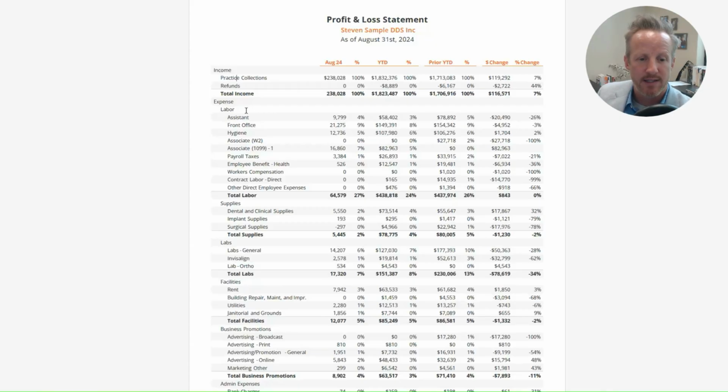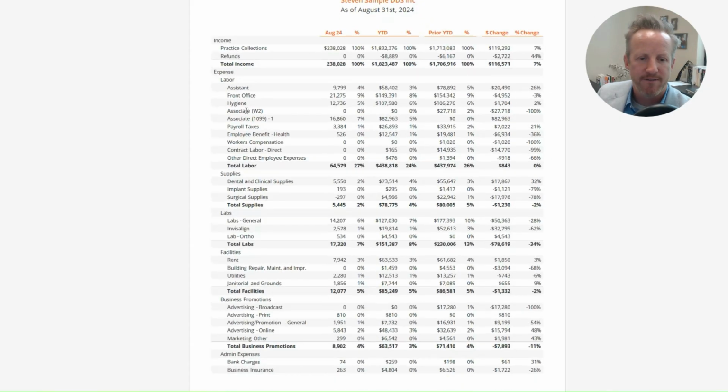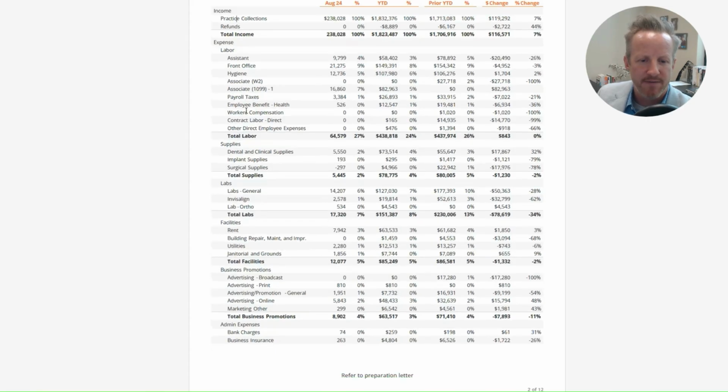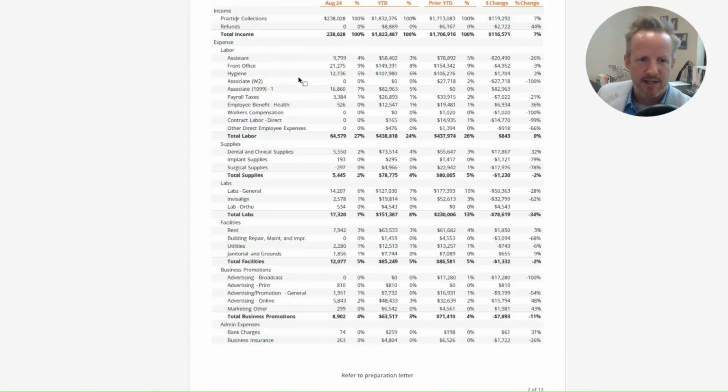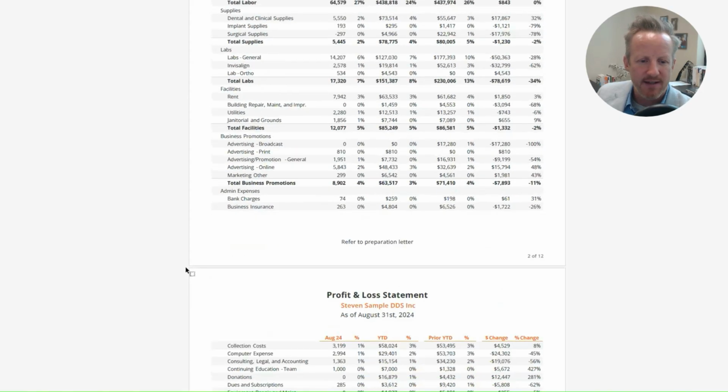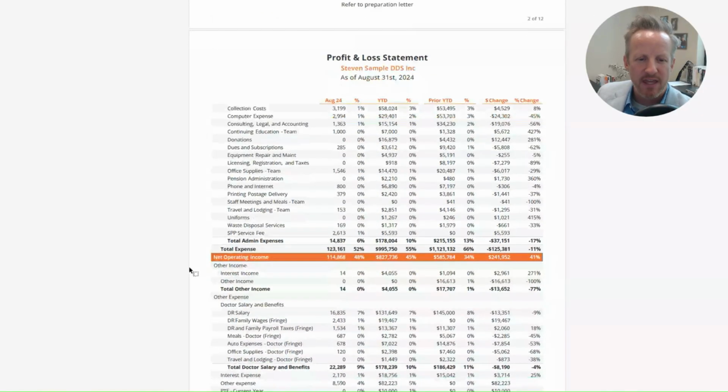Number 3, labs. Number 4, facilities. Number 5, business promotions, aka sales and marketing, advertising. And lastly, administrative expenses. So that's 1, 2, 3, 4, 5, 6 main categories: labor, supplies, labs, facilities, marketing. I have on here business promotions. And lastly, admin. Then, if I scroll down here, you'll notice if you add up those 6 categories, you get